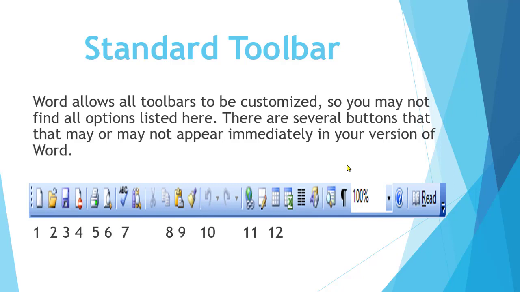As I told you the procedure earlier, there are several buttons available on the standard toolbar. Several icons are available on the standard toolbar. This number 1 icon is used to open a blank document. This folder-like icon is used to open an already saved document. Students, this is the save icon. This is the permission icon. This is the print command icon, print preview, spelling and grammar checker.